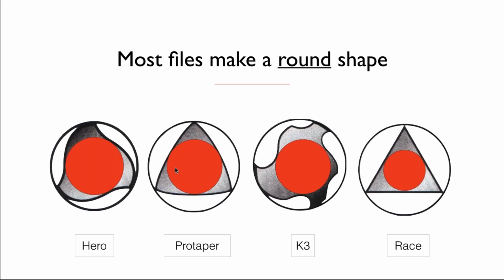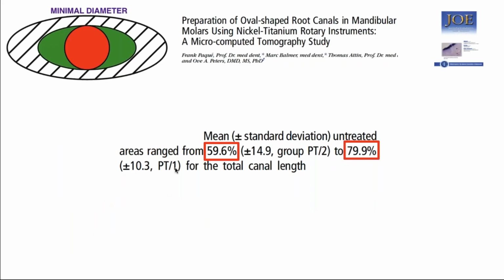And that's basically screwing a round shape into a non-round canal. Because if you look at the studies, and this is a classical study by Frank Paquet, what he did was he used the 2506, which at that time was the most common size of file for finishing a root canal. And what they did was they used micro CTs to see how much wall they touched. And what they found was really quite amazing and very worrying, because 60 to 80% of the wall was untouched,